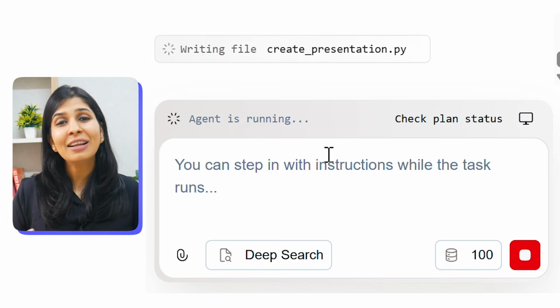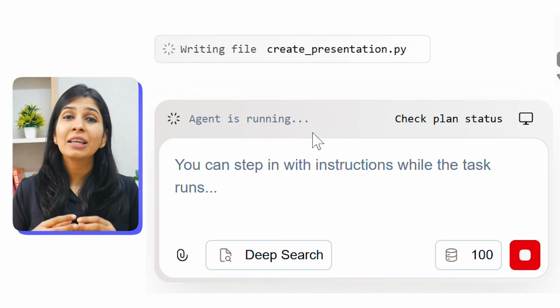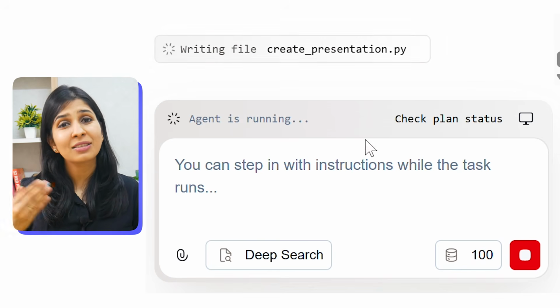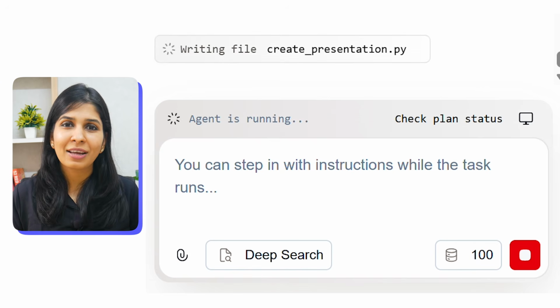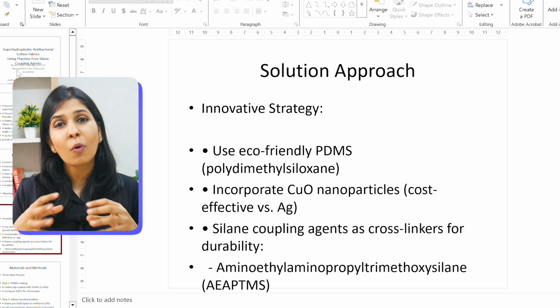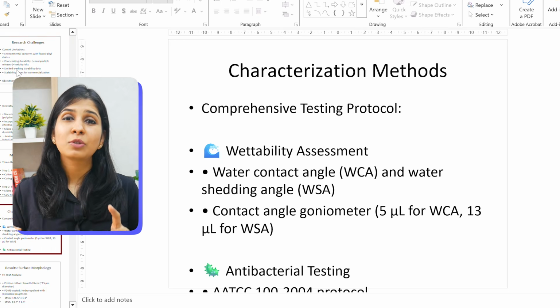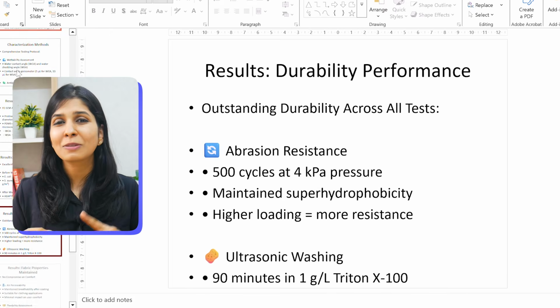On the downside, some of the complex tasks can take quite long for it to process, sometimes up to 10 to 15 minutes also. So it's not lightning fast yet. And definitely, there's a lot of room for improvement when it comes to the quality of figures, posters, presentations, etc. But overall, I would still say that this tool is able to achieve a lot of different capabilities and give you a lot of different features that no other AI tool is currently offering.